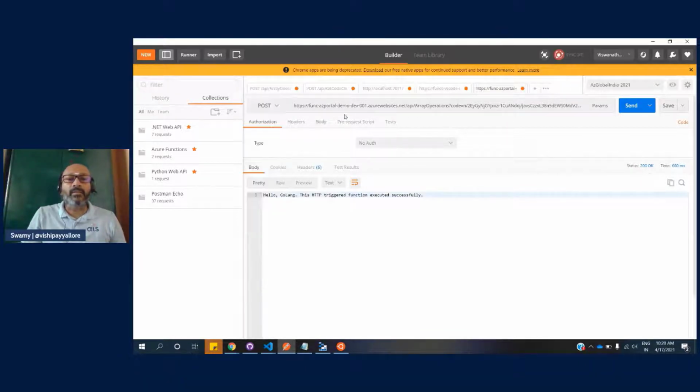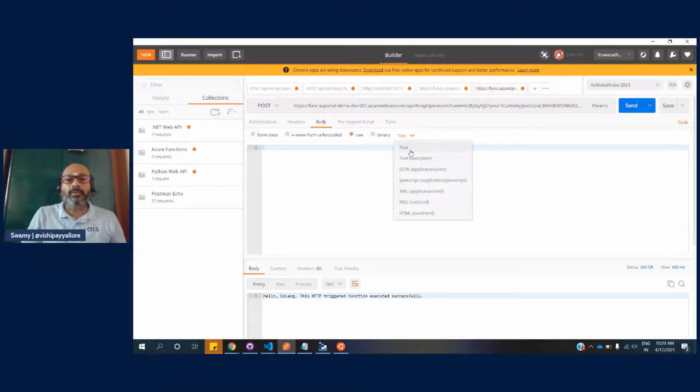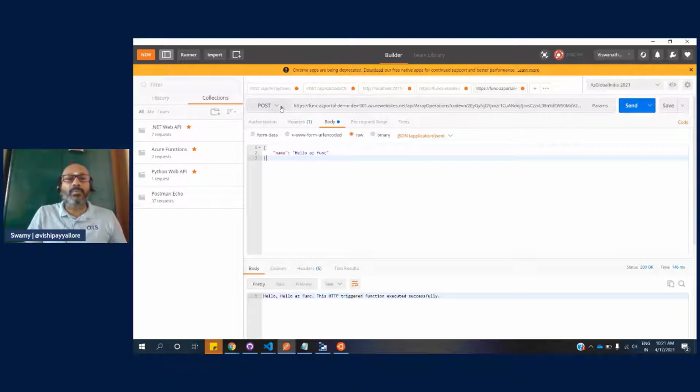And if you want, we can send a body, the raw, that's JSON. We can do a get operation or a post operation. Based on that, we can do these things.